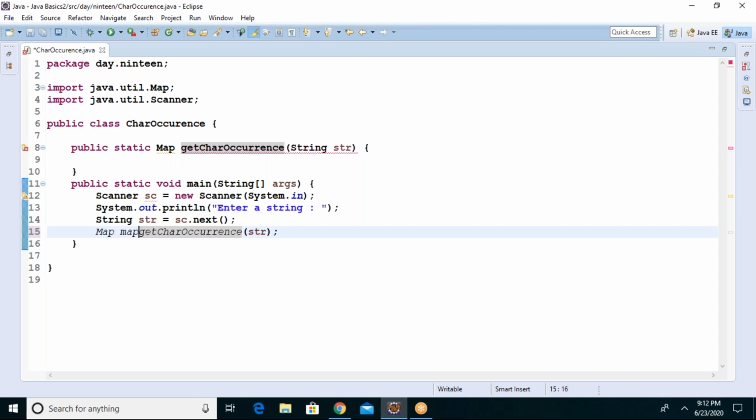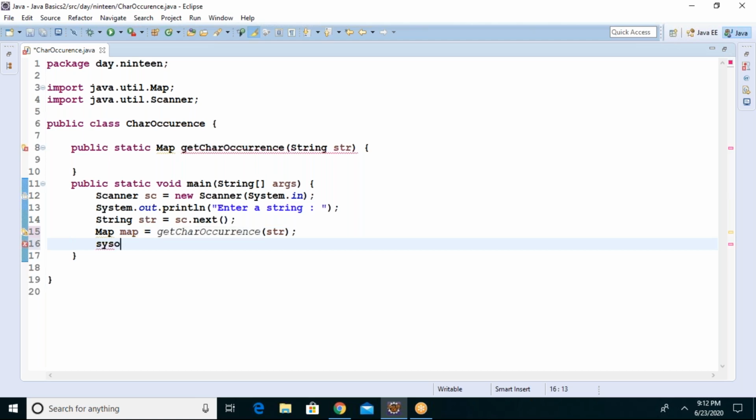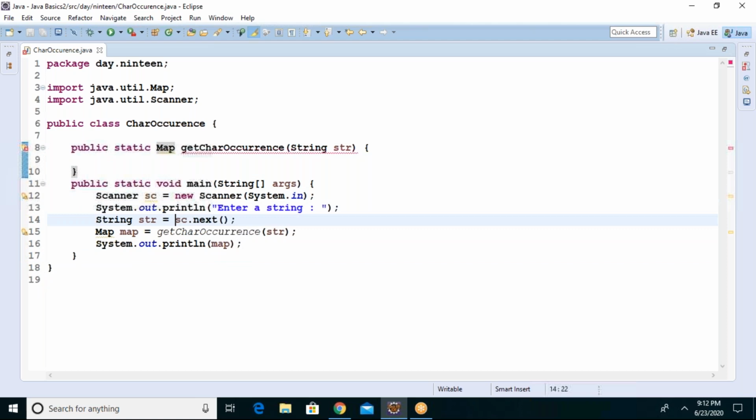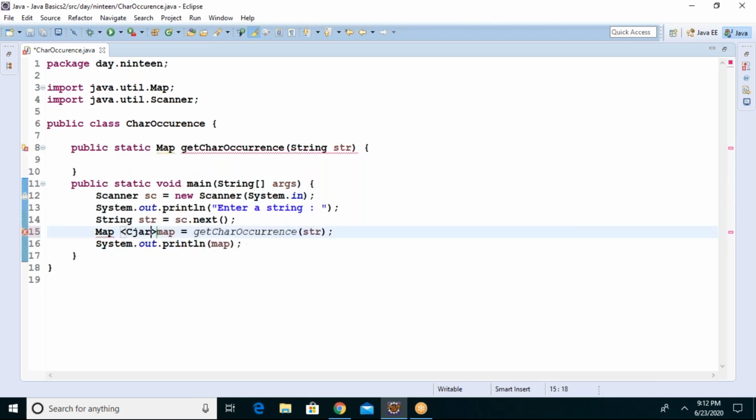You should receive a map object, and I'll print this object. It will display all the values, but what type of map it is, I'll tell you. The map should be of type character comma integer, character comma integer. Guys, do remember.